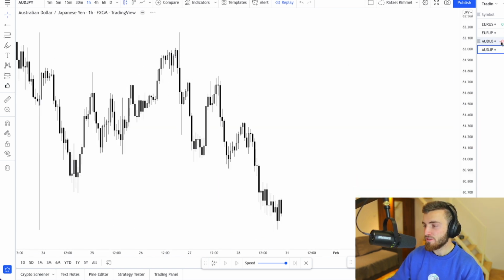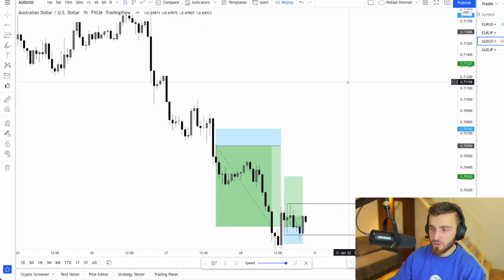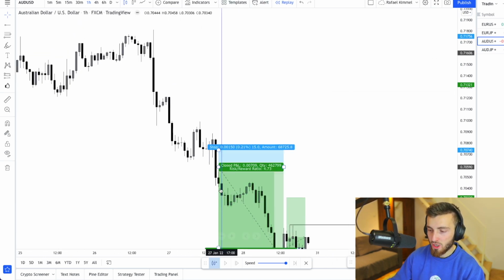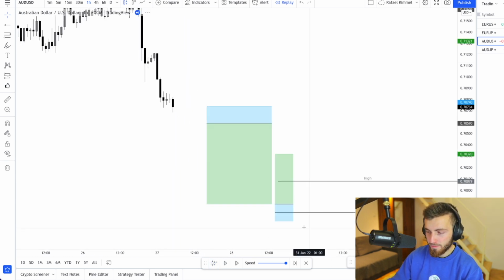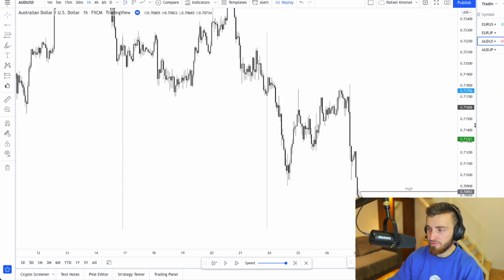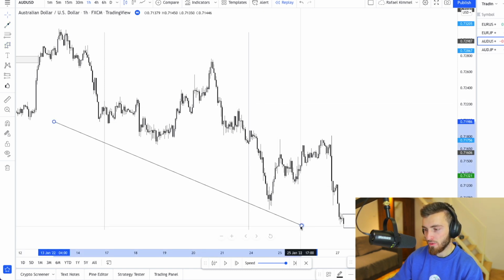The last that I've taken trades on was Aussie US dollar. Aussie US dollar was very nice. I caught this on the day in the life, or did I? No, I did not. But what you can see if I go back a little bit is that we have this very nice momentum short. We see that the trend is short. You can see this clearly. Boom. The trend is short.